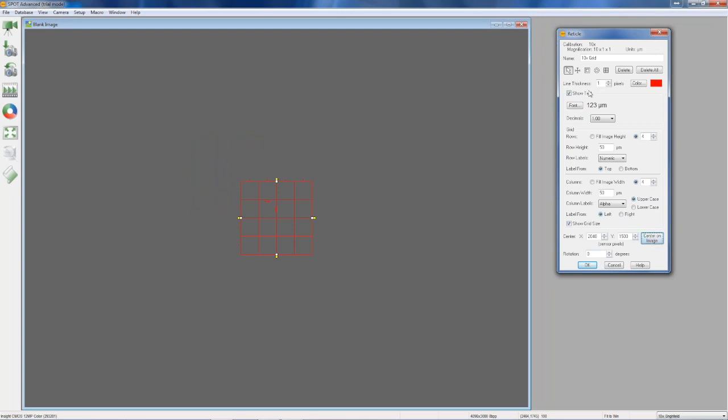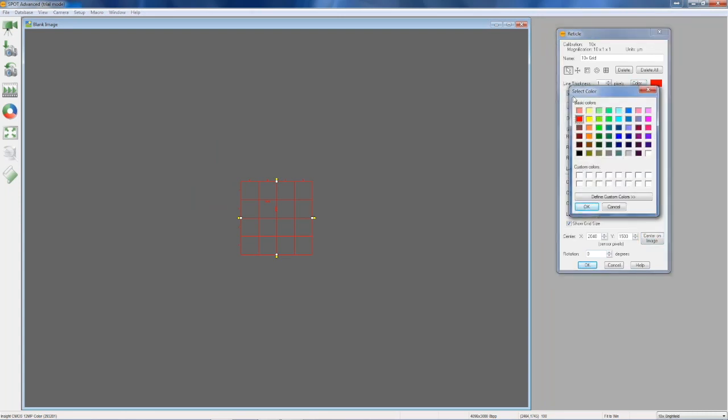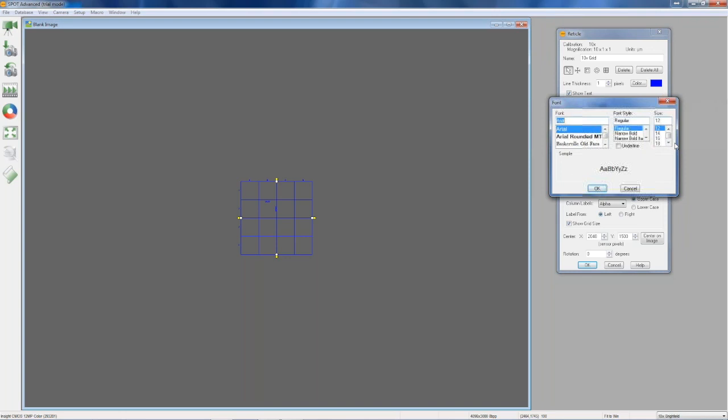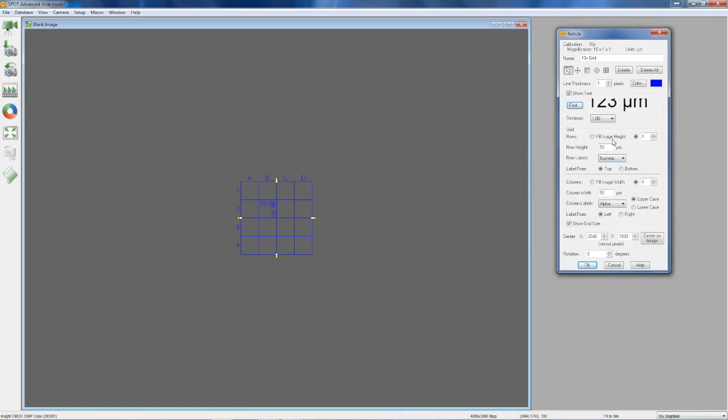And now we have the ability to choose our line thickness. One looks good. Our color. We'll need to switch to blue probably. Red is hard to read. And then the font size. 36, because we're on the internet. And the number of decimals. 1 would be fine, right? Yeah, perfect. And then you have the ability to fill image height, or you can